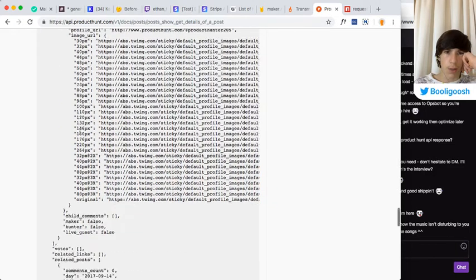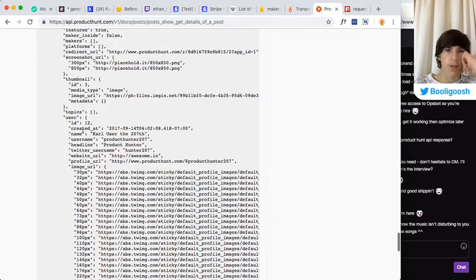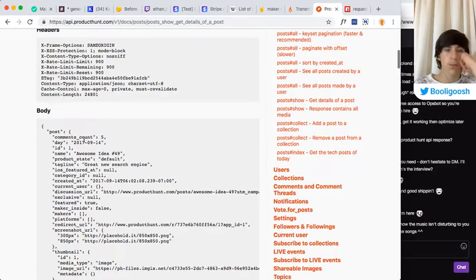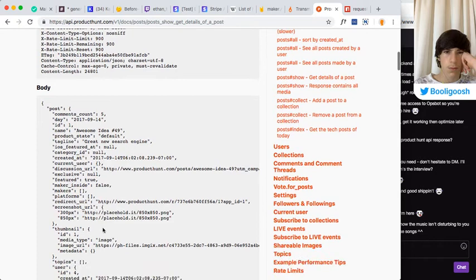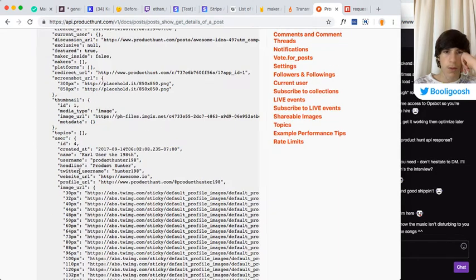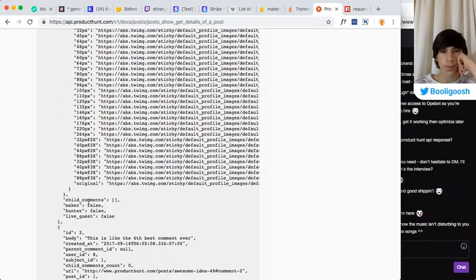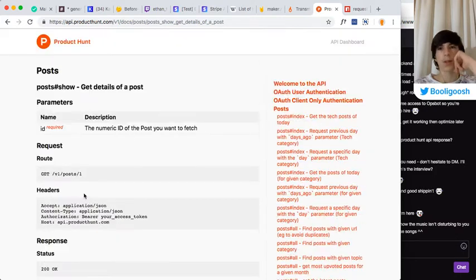No, we don't really care about the comments or any of that stuff. It's very odd that there's no easy way to just find the like the gallery images.